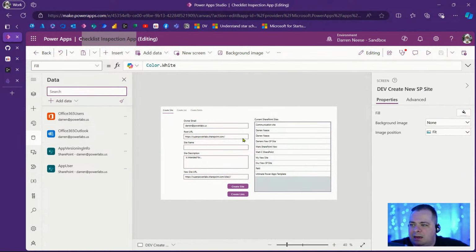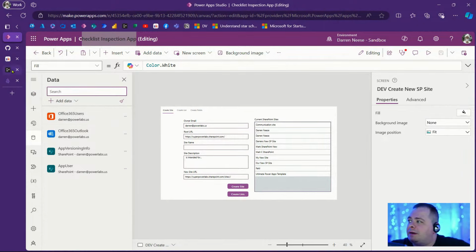I'm going to add connectors into this template that I believe any app would probably need. Maybe not all. But it's got so many useful features that we can call on. It's a great thing to use. So it's using this Office 365 Users